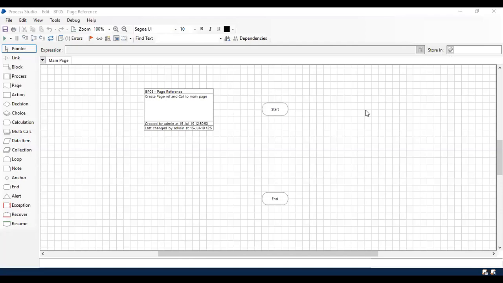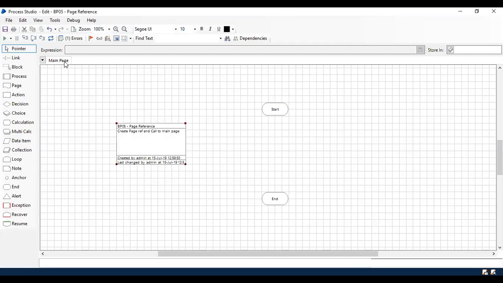So this is the Blue Prism process page. I've created a sample process for the page reference action. And as I explained, for the first one, you can right click on the process main page. By default, when you create a process, you will have a main page. Just right click on it, you will have a new option. Click on that,